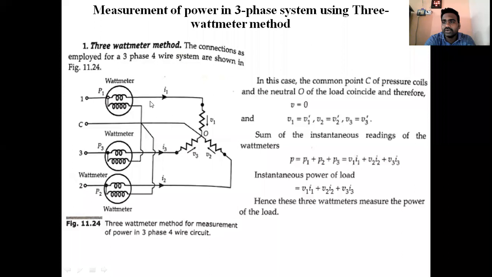The power measured by the individual wattmeters is equal to the sum of power measured for the entire load. Here, what is meant by load? Load is nothing but the electrical equipment which is consuming electricity. Most of you are familiar with the definition of load from your prerequisite knowledge of power system 1. Load is an electrical equipment which consumes electricity, which works on energy, that is nothing but our electricity.